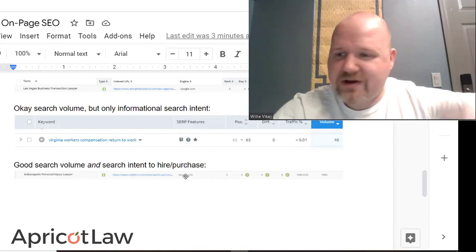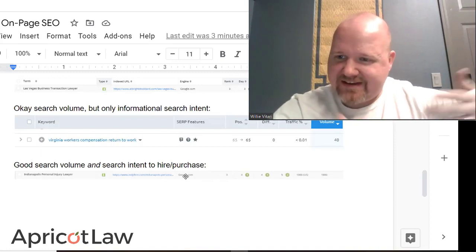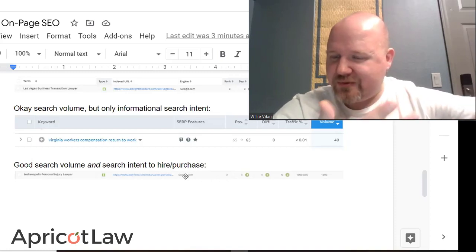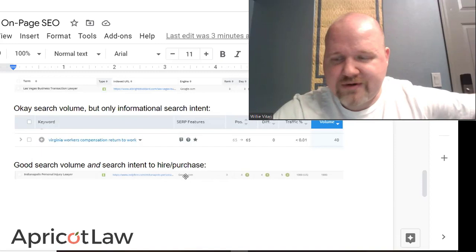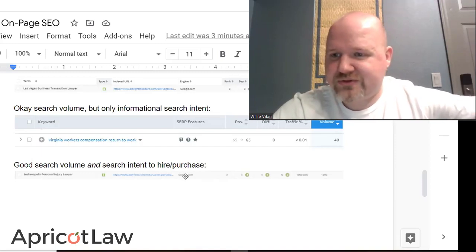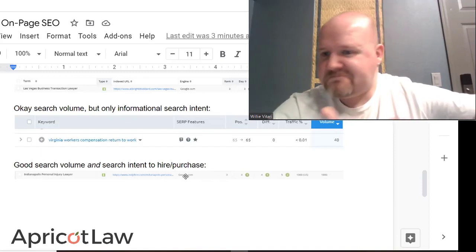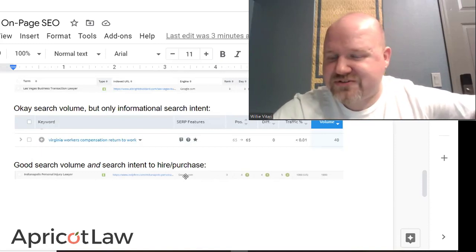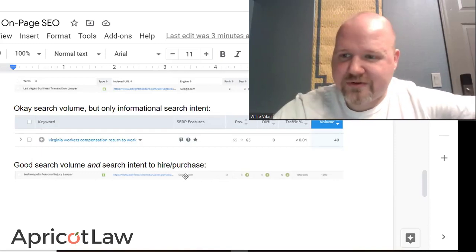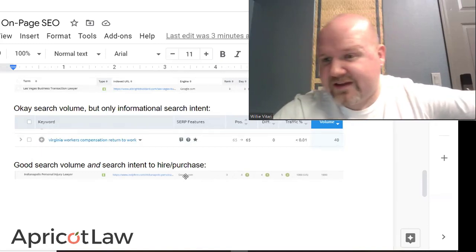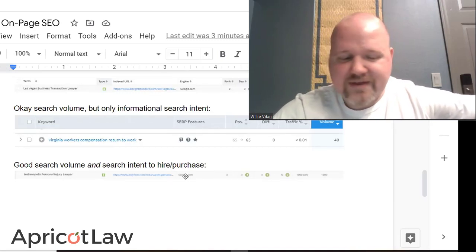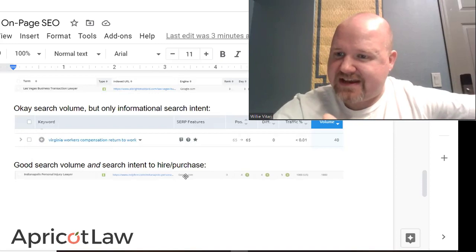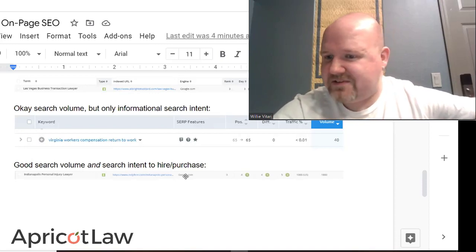And I should also say that there might be value in ranking for an informational keyword if it's relevant to the practice area, because that can help Google think the site is more authoritative for that subject. If you're ranking for a lot of informational keywords related to law, that could help Google respect your site more and view it as more trustworthy and authoritative. But on the flip side, you really do want Google to look at a law firm website as a local business site and not some sort of wiki that just provides information.